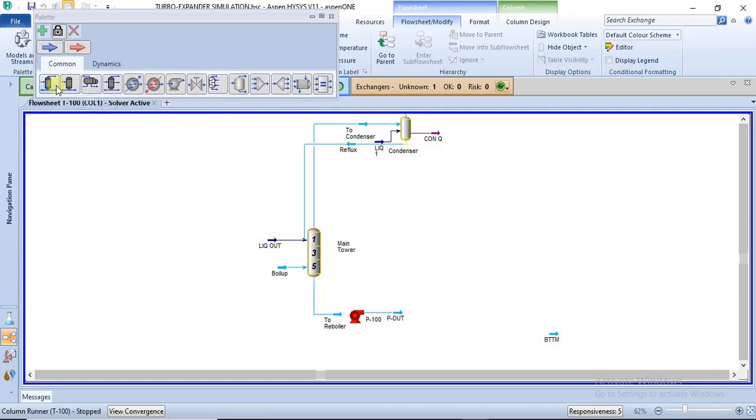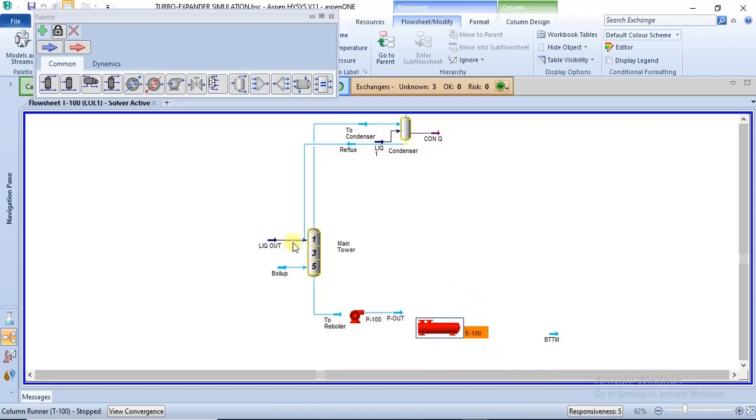So you notice that here in this subflowsheet environment, in your equipment palette, you have your condenser and then your reboiler, in case you want to make use of them, but you can't have them in the palette of the main flow sheet. So we are making use of a heat exchanger for this. So I can change icon. Then we now need our shell inlet and outlet for the heat exchanger,